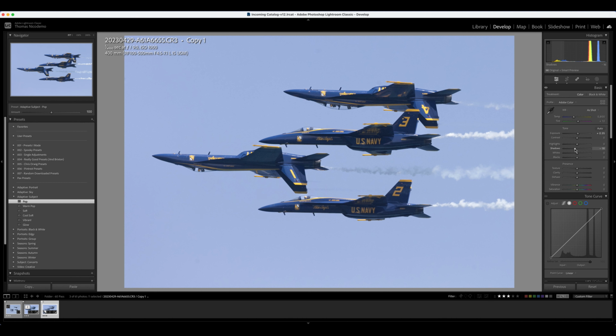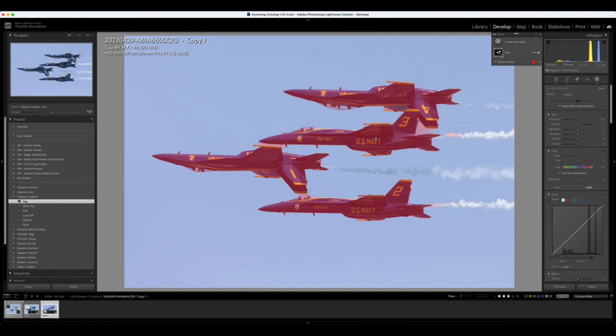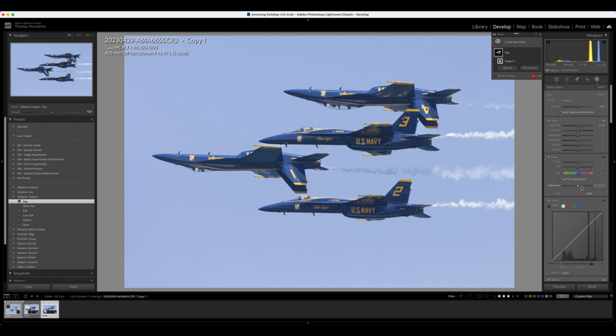So that's fine where it is. That's why I upped the exposure by a little bit. And now pop still makes a mask, right? So we'll click on that mask, and now we could adjust saturation here